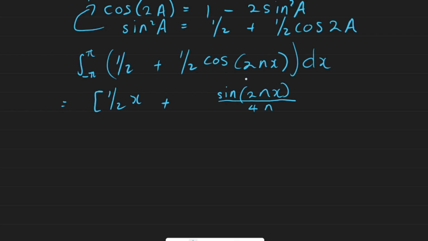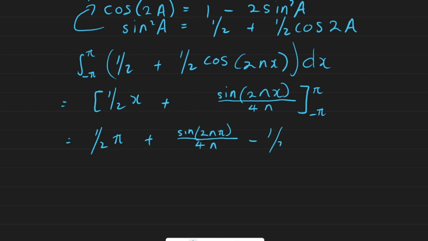We have to divide by 2n here, and we multiply by this 2 here, so that gives us 4n. And we integrate from minus pi to pi. Substituting in those boundaries, we get half pi plus sine of 2n pi divided by 4n